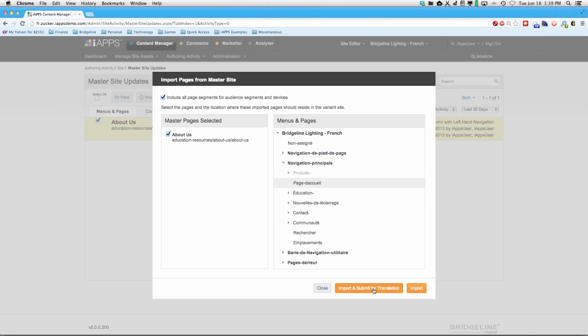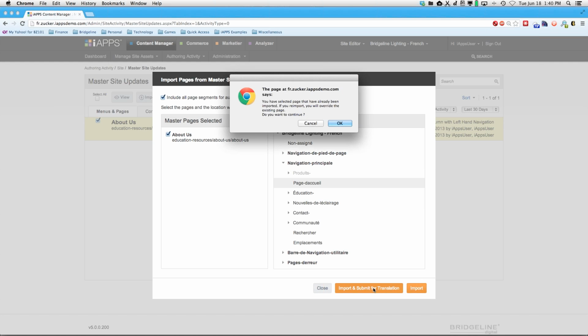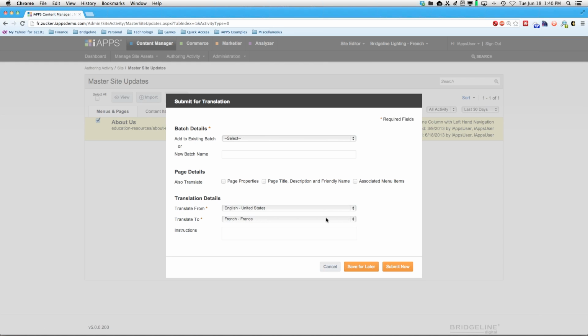Okay, well, I'll select that. Maybe I can see what content, files, images, other things I can view to see if that's something I want to bring in. Or in this case, with our integration with Clay Tablet, maybe I'm going to bring this page in. So I'm going to say, I want to bring this into this particular section of the site. Now, at this point, I can import that, and I can do my manual translation or anything that I want to it. Or I now have, with Clay Tablet integration, within the iAPPS user interface, the ability to